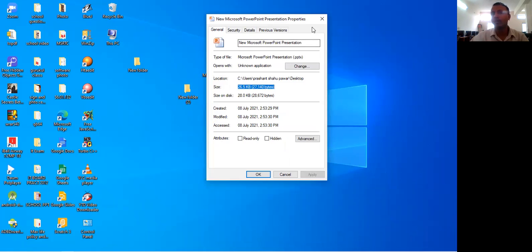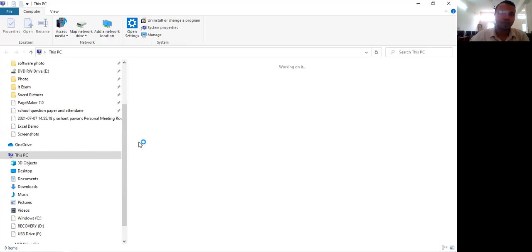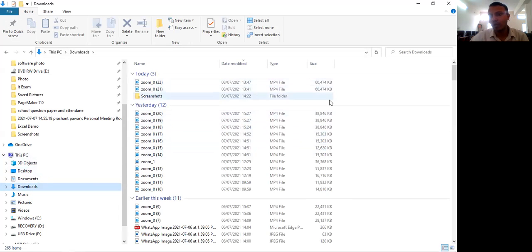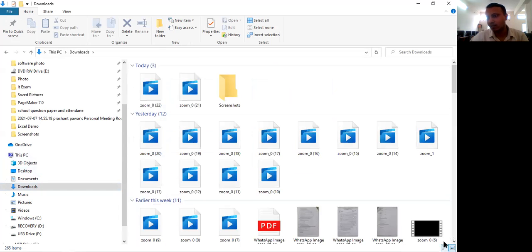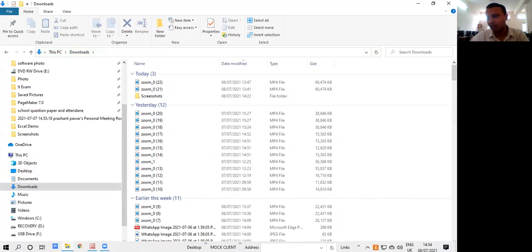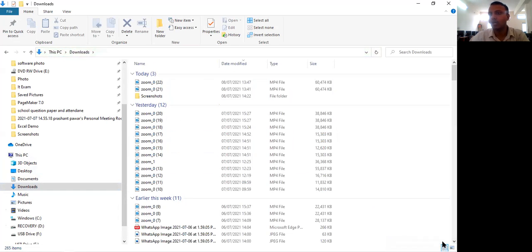Again, if you go to a higher storage memory, for example video or the downloaded folder, then you can see the same in kilobytes. Here you can set the pictures, and the same icons will again be converted memory-wise. In the right corner you will get this option. First we convert all into icons, and again we convert the same into memories like this. Okay, this is called the tile option. So we have converted all file folders into memories.